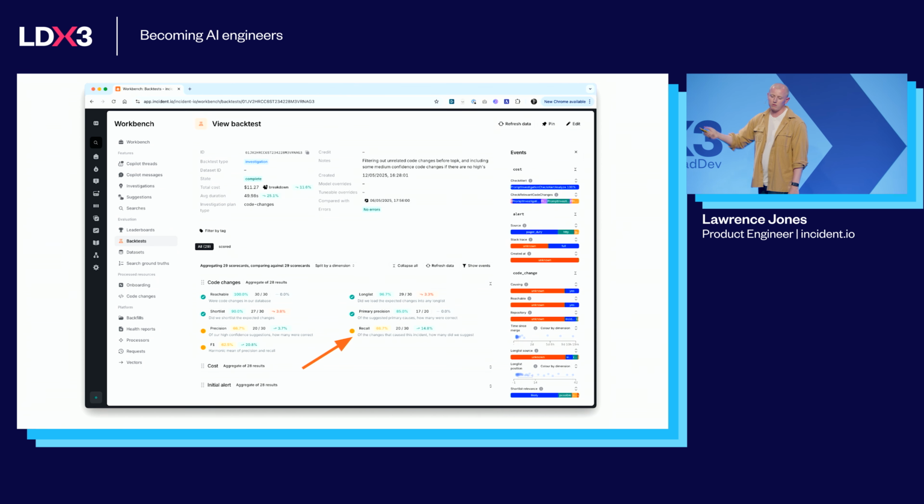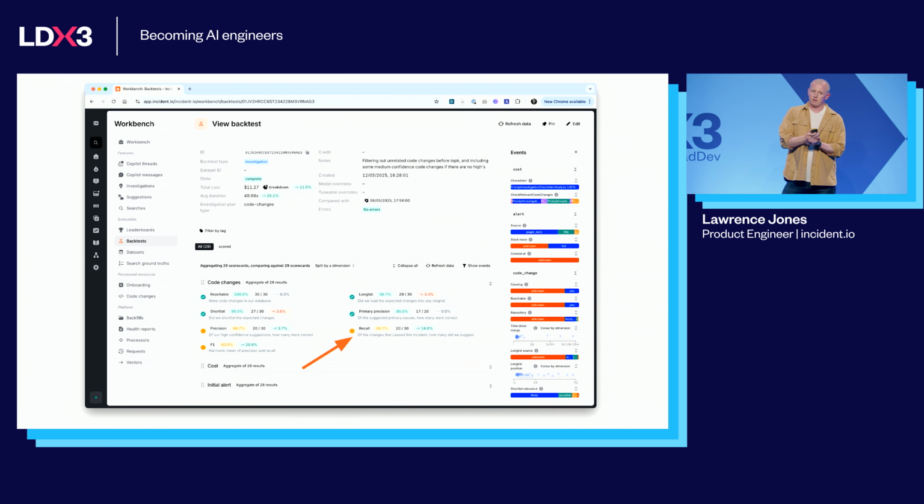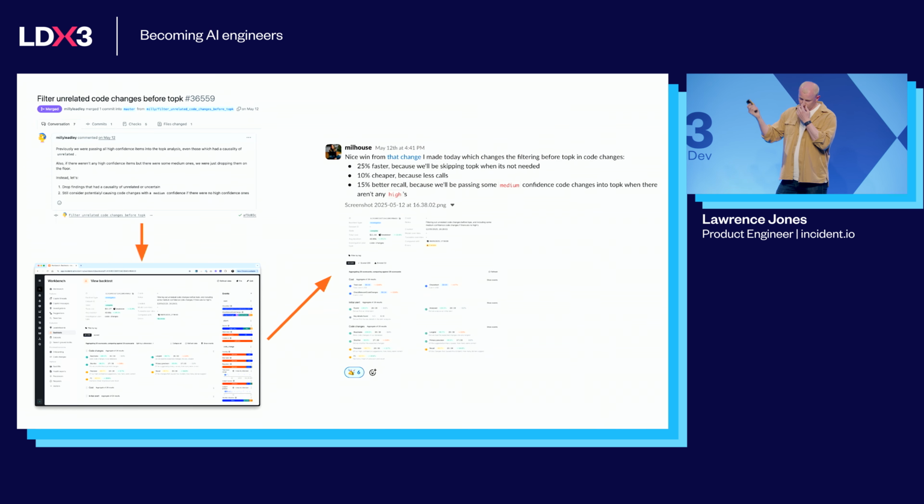And it says there on the recall score, which is how many of the code changes that actually caused these incidents did we manage to find, that we've had a 15% improvement in recall. And that's really massive for us. That's big. So I think with these tools, you can see we've gone from it being such a complex system